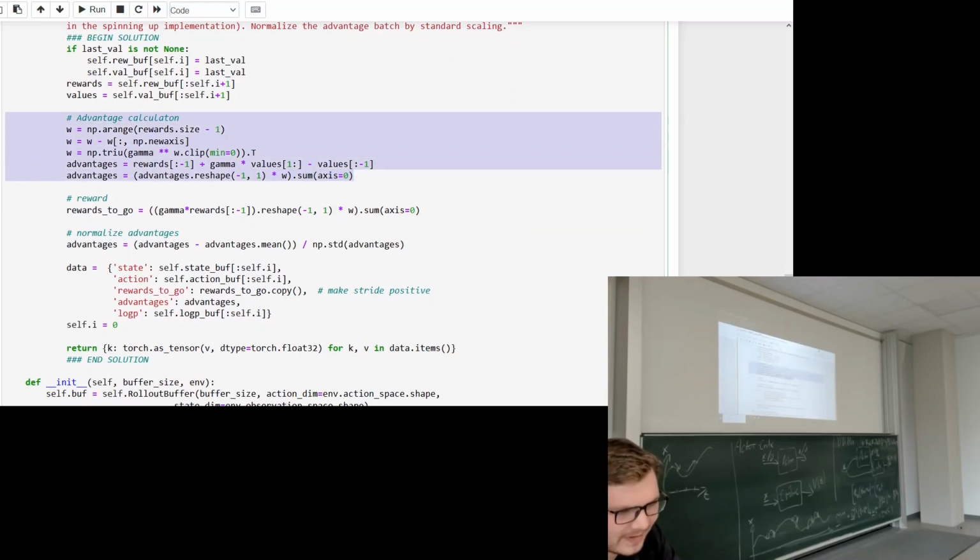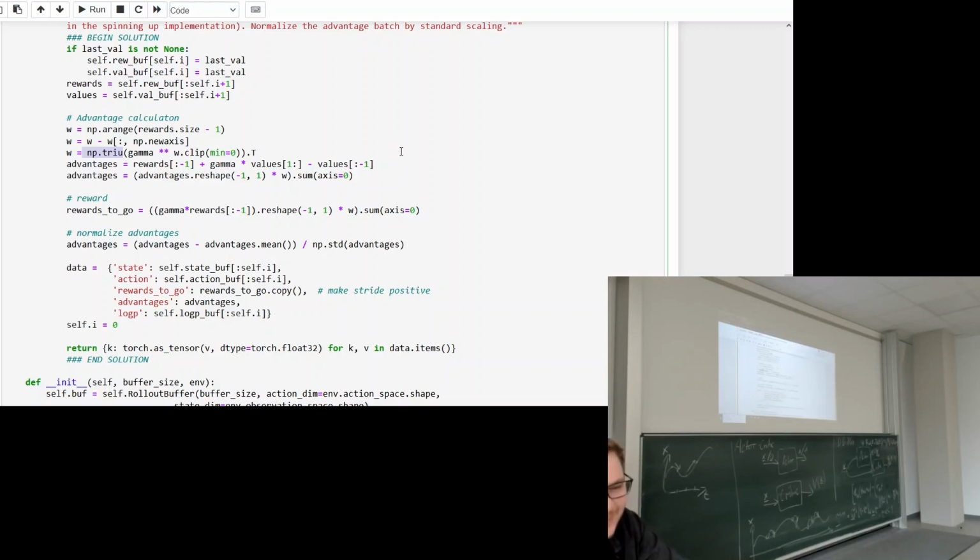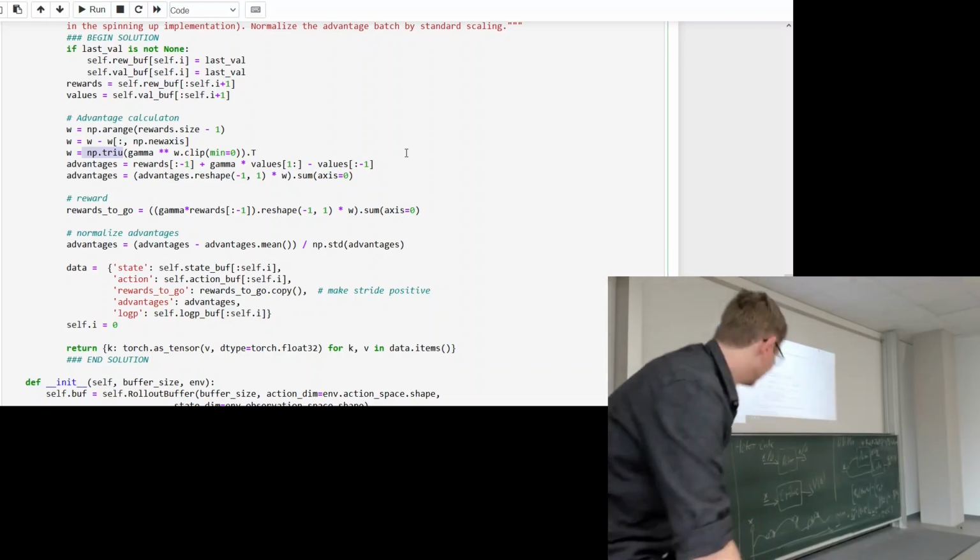Here, this block, which says advantage calculation. I mean, all of us know what advantage is, I hope. But I think this block of code looks overly fancy, having a function in here which says triu. I would not even know what it is. I looked it up. It says upper triangular. So what you are trying to do here is